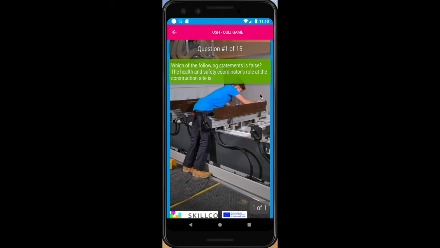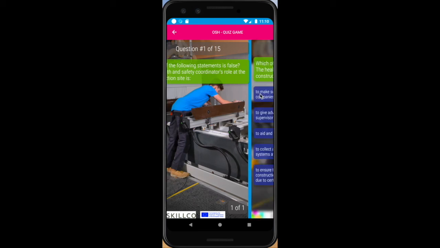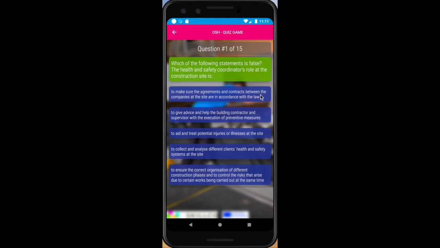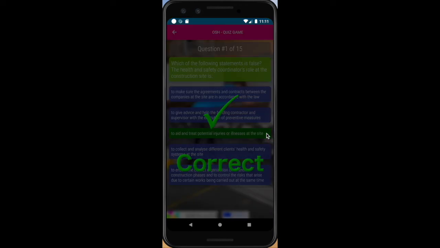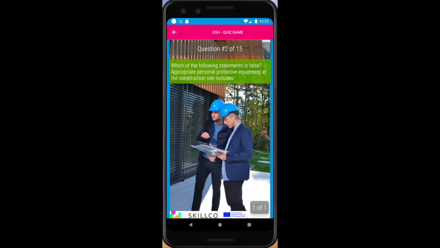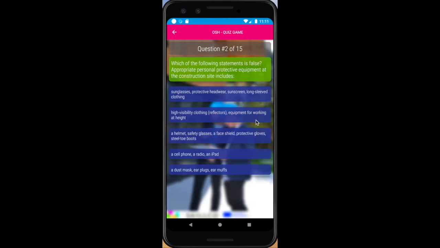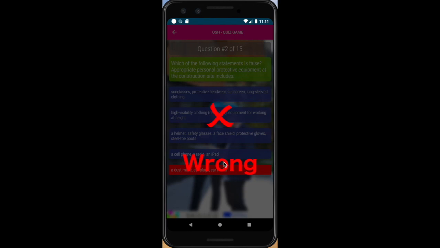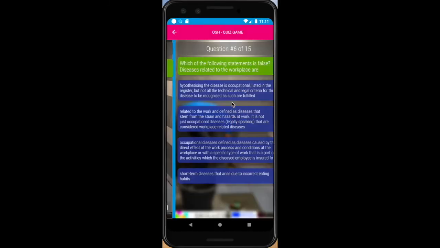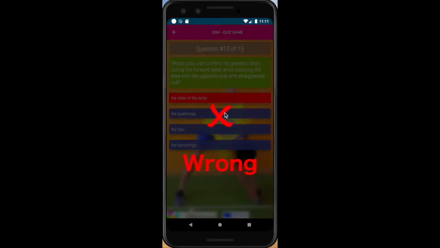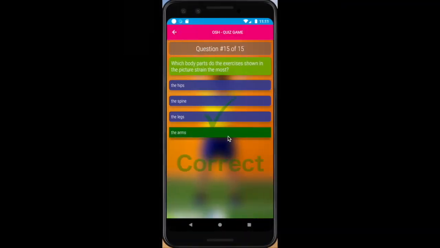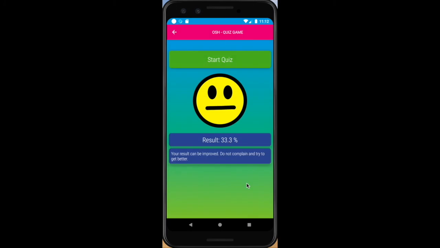Another feature for students is the quiz game. The single-choice questions with different photos and 2 to 5 answers are an attracting method to let students learn the topics related to the skill gaps. After finishing the quiz, the user gets a numeric and written feedback combined with a smiley symbol about the result.